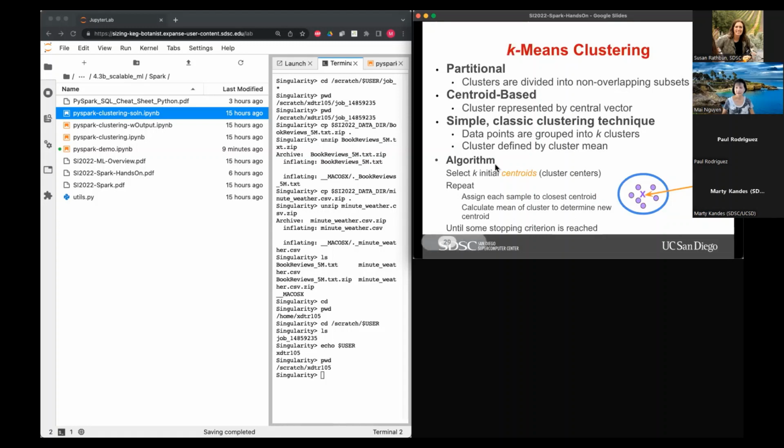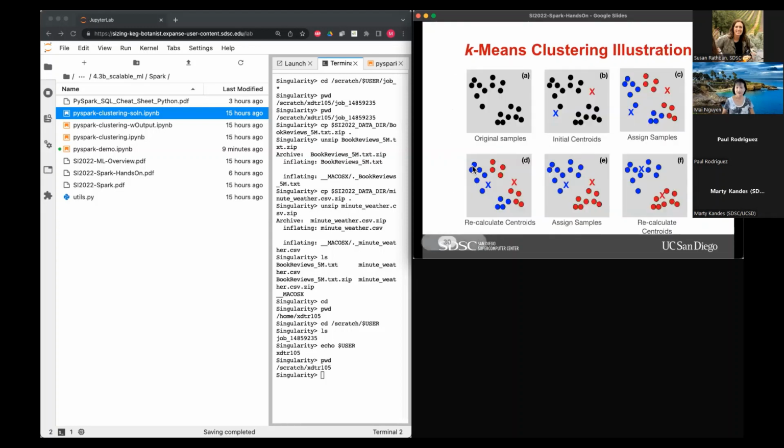So k-means clustering, here's the pseudocode for that. You select k initial centroids, and you assign each sample to the closest centroid, and you calculate the mean of the cluster based on all of the samples that have been assigned to that cluster in order to determine the new centroid, and you repeat these 2 steps until some stopping criterion is reached.